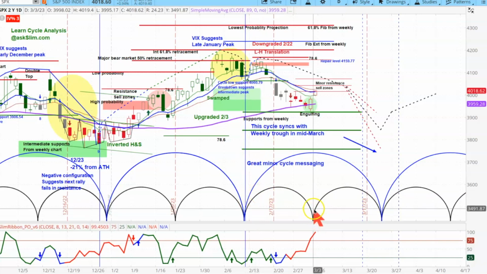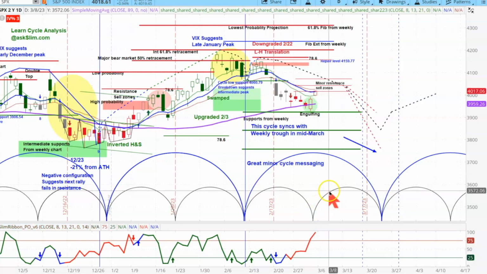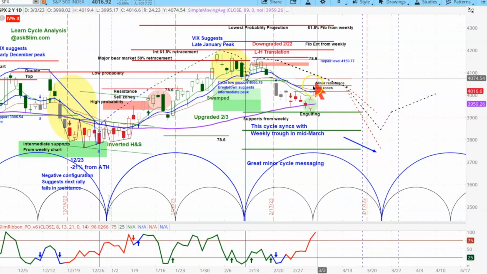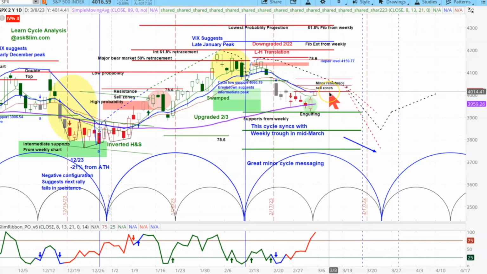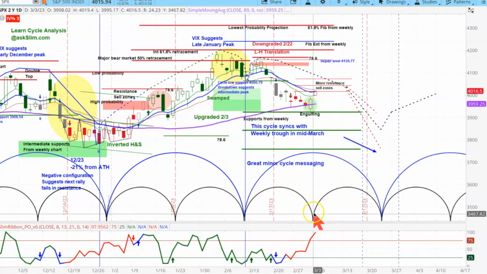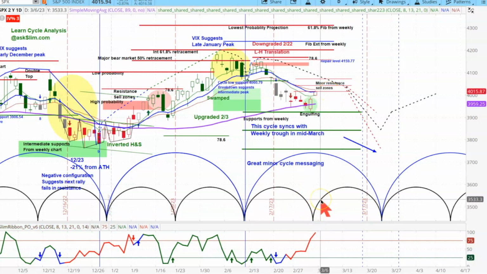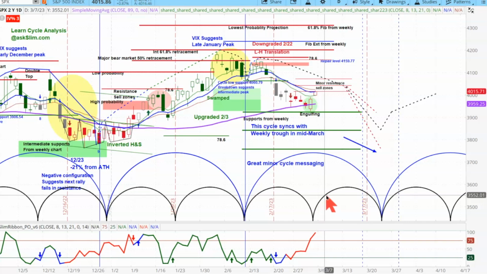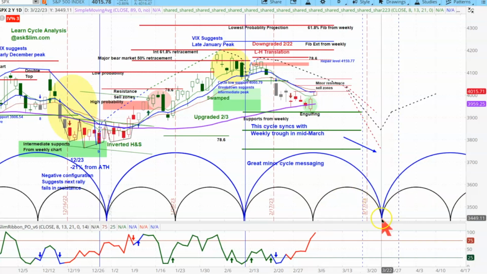And what that says is this next minor cycle right in here is likely to also give you a negative formation. Yes, we have had these minor resistance sell zones here on our charts, saying that we thought when the bounce came in the minor cycle, that would get you up to those levels, and then it would fail and begin to come down again.